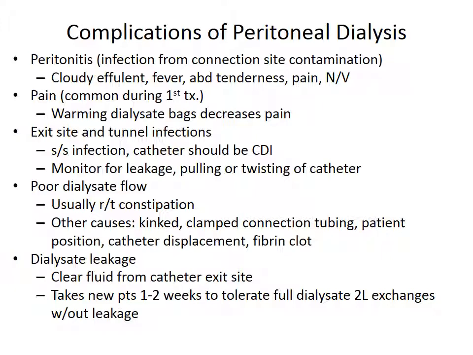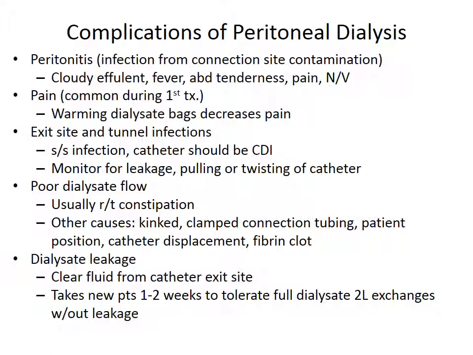Poor dialysate flow is often due to constipation, and other causes include a kinked catheter, a clamped connection tubing, patient position, catheter displacement, or fibrin clot. And oftentimes, repositioning the patient or having them roll side to side will help get rid of the poor dialysate